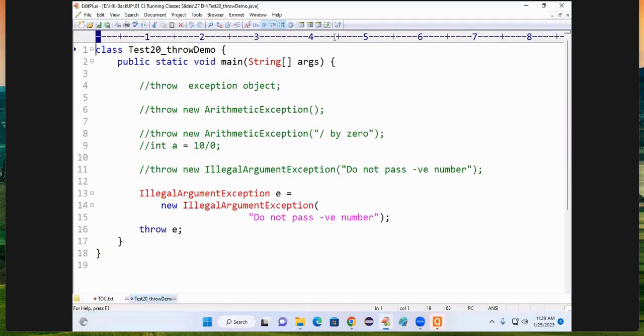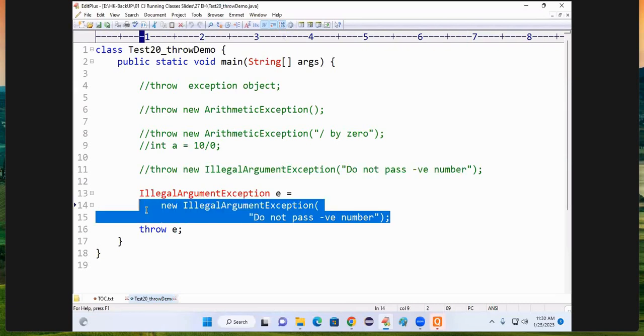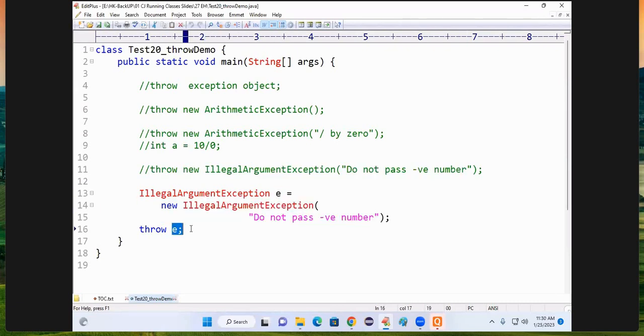Observe these points from last class. Throw exception object is the syntax. Throw new ArithmeticException is allowed. Throw new ArithmeticException divided by 0 is allowed, or 10 by 0 is allowed, and throw new IllegalArgumentException with an error message, or you can store the exception object in a variable and throw that variable. Okay. And next we discussed